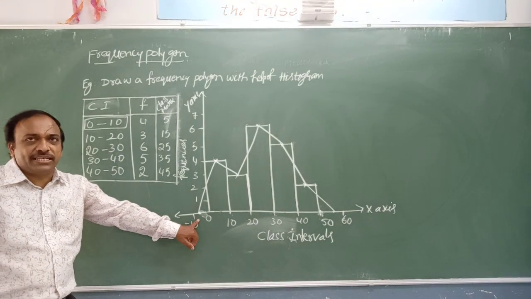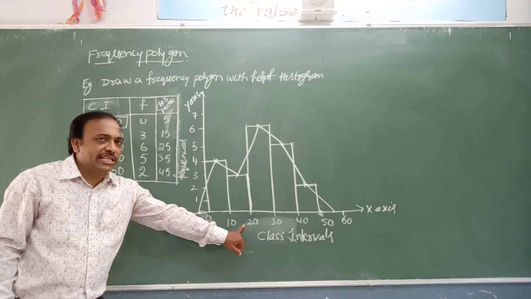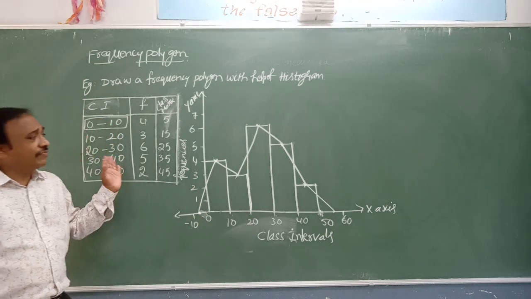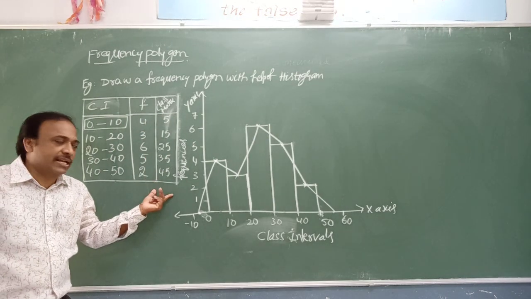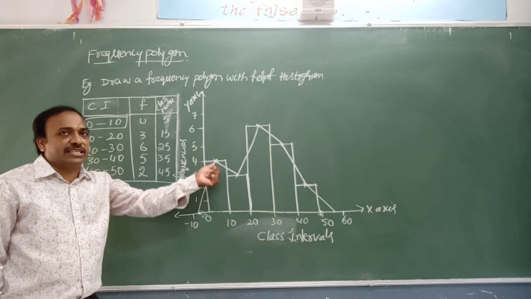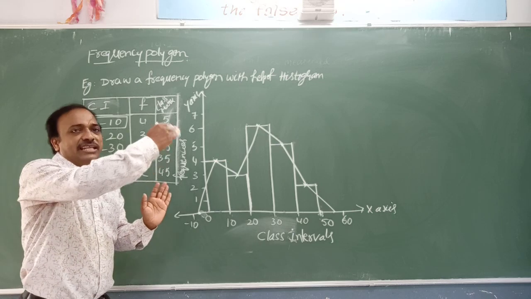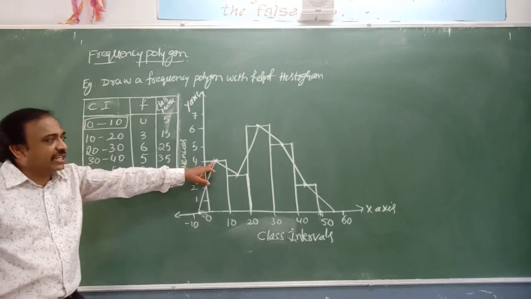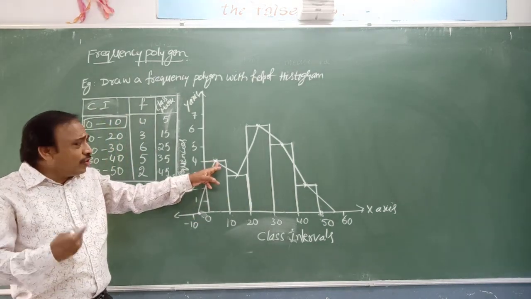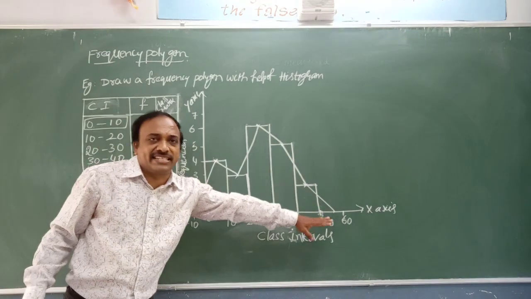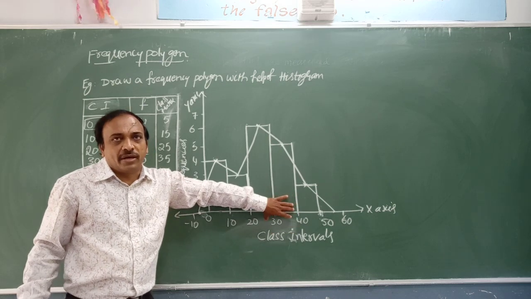This is how we represent a frequency polygon with the help of a histogram. What is necessary in this? After constructing the histogram, we need to calculate the mid values, that is the class marks. The class marks and the corresponding frequencies we locate, and join first to second, second to third, like that. The starting and ending points are not closing the polygon. So we need to go for the midpoints of the previous and the next succeeding class intervals, then join, then we will obtain a closed frequency polygon.